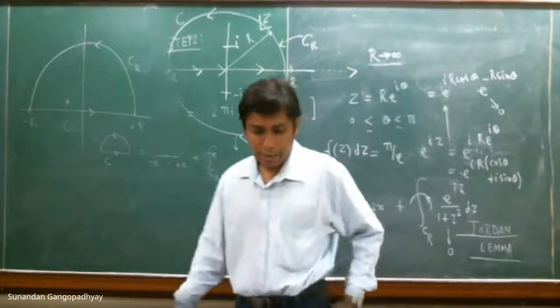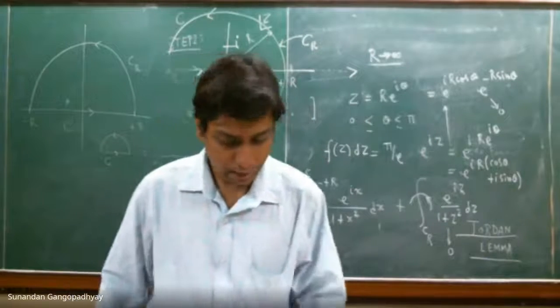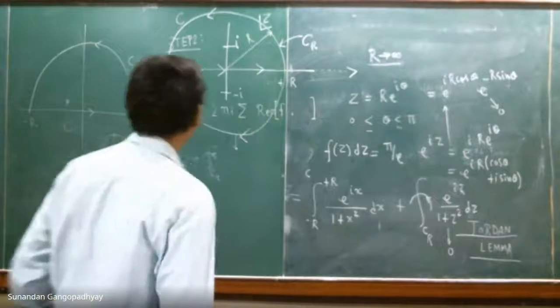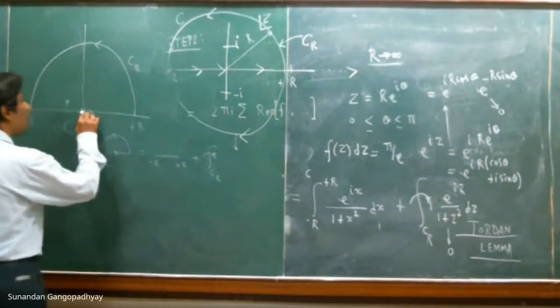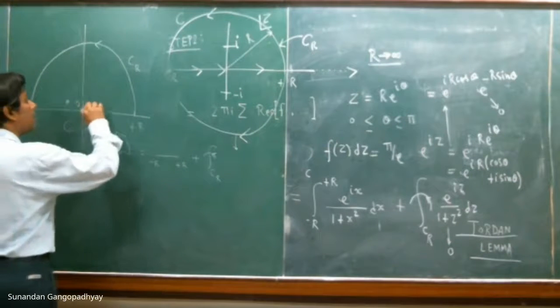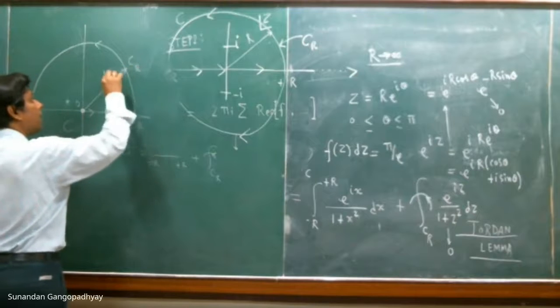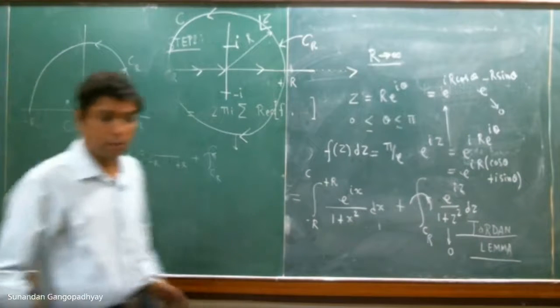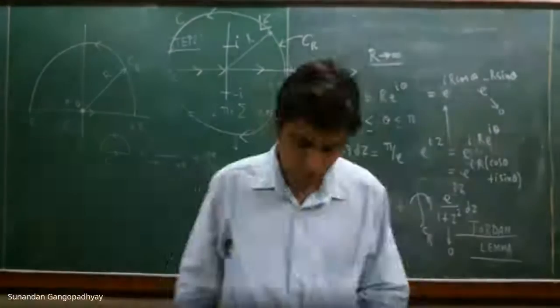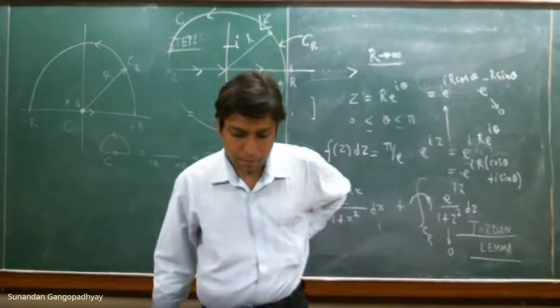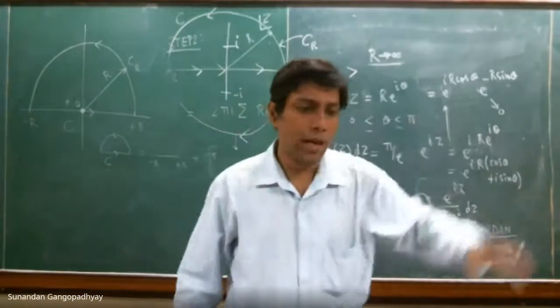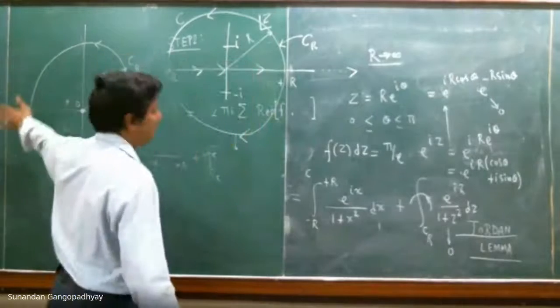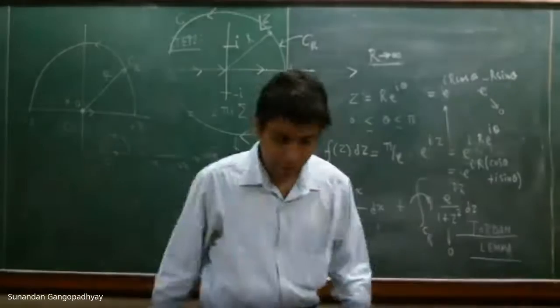And it says that if CR is a semicircle with its center at origin, so this semicircle is of radius capital R, and its center is at the origin O of the complex plane, and it is a semicircular arc. Suppose it is in the upper half plane. Okay, it is in the upper half plane,